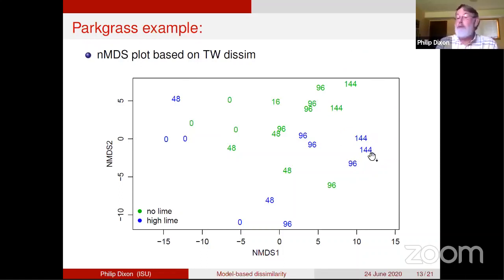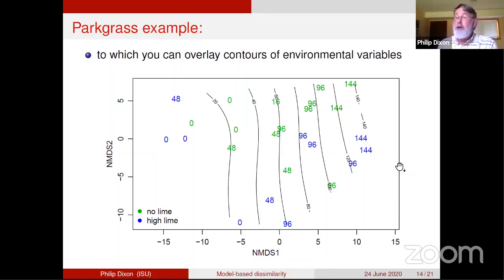We can evaluate, and this is done without any model. So this is a model-free diagnostic. We can evaluate whether in fact the linear effect of nitrogen is reasonable because each of these dots represents one sample. There's a nitrogen level associated with each sample. We can then smooth those nitrogen levels. And here you see contours of nitrogen levels from a thin plate spline, and they sure look reasonably linearly spaced